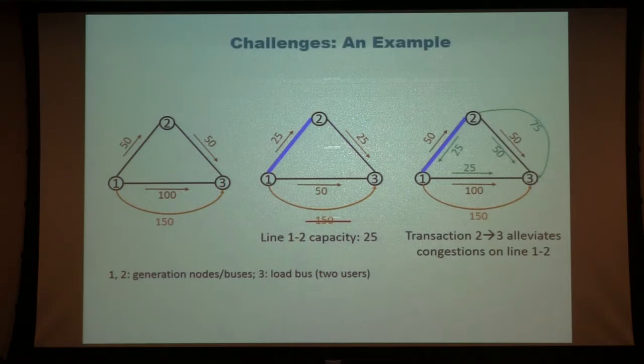But if you look at this story, I have another generator, generator 2. From the market story, generator 2 is a competitor of generator 1. But in this story, if generator 2 also sells power, using the green line, to node 3, then similarly by the physics law, there's 25 through here and 50 through here. What that means is now generator 1 is able to send 50 units of power through this one. So even though generator 1 and generator 2 are competitors, in this case they actually help each other.